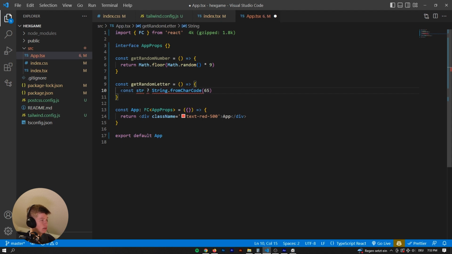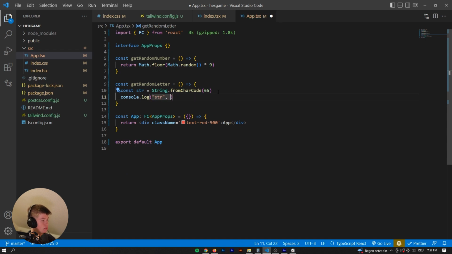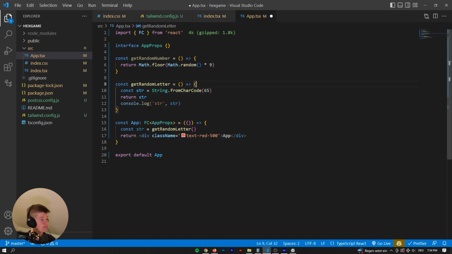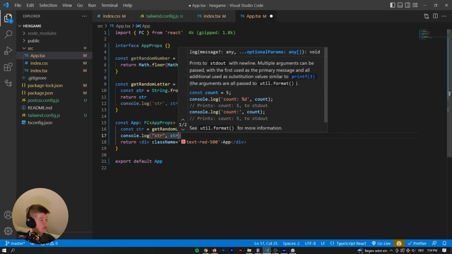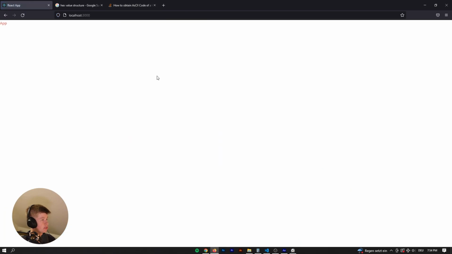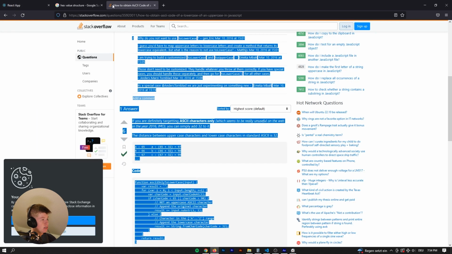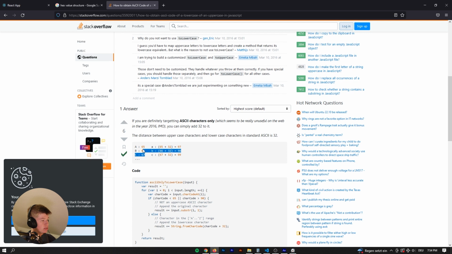Const str is equal to that, and let's just log that out to the console. Str is str, and then invoke that function from our app. So const str is equal to whatever this returns. And then we're gonna log out str, which is str, and we don't need that here anymore. Okay, so let's spin up the server. We already did reload the page, and now let's see what gets logged to the console. So it's an uppercase A, and essentially what we want now is, starting from that point, we want a random